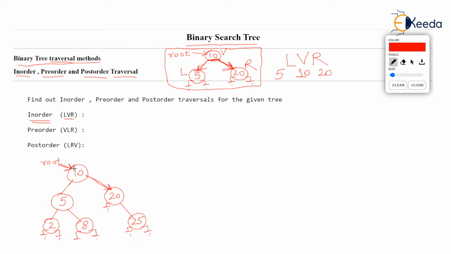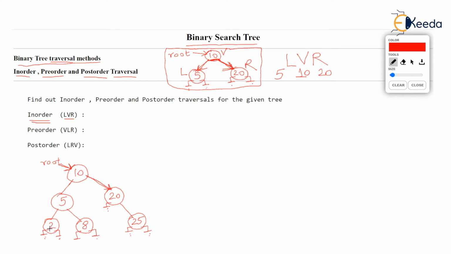So what we do is, we leave aside 10 and we visit the left child. Left child is 5. So we are at 5 now. But aren't we at 5 for the first time? Then you will call 5 as the vertex. And the rule states that you cannot print vertex yet because the left child of the vertex must be printed, LVR is the rule. So you leave aside 5 and you visit left child of 5, which is 2.